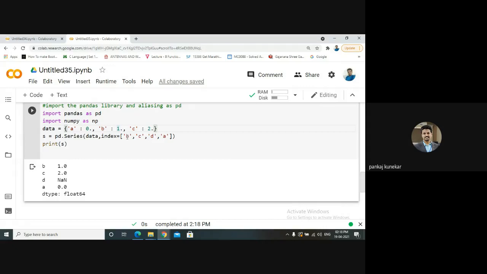The key is B and the value is 1.0, so that will be displayed. The value for C is 2.0. For D, we don't have D in the dictionary, right?